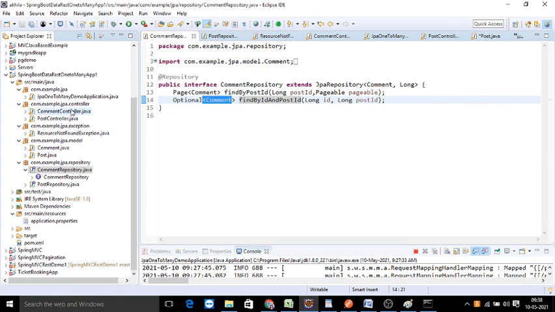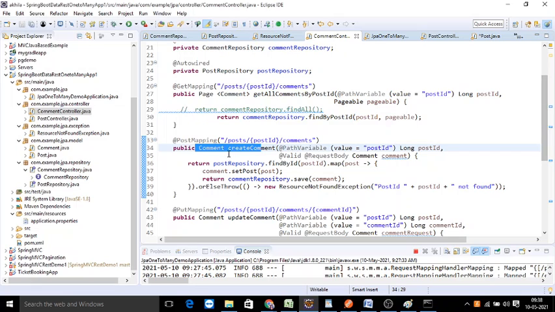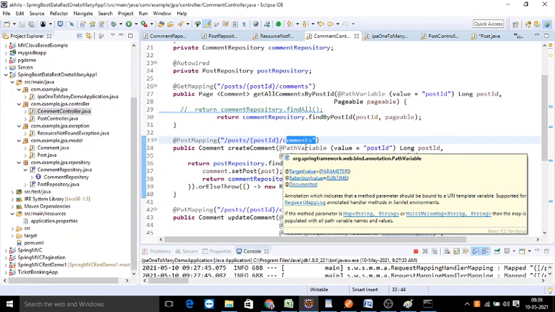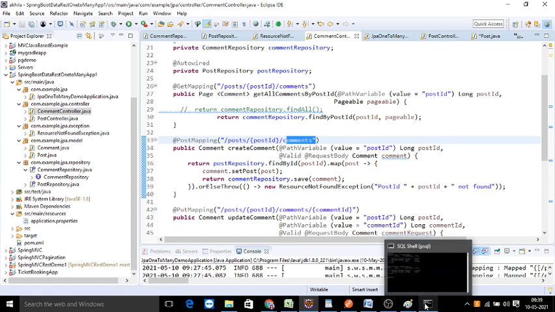Let's go to our comment controller. First, the post: how do we add a comment? Whenever we want to add a comment, first of all we should give for which post you want to add a comment, then you should give your comments. So the URL is post, post ID, and after that you have to give the comments. So in the comments table, what is the syntax?